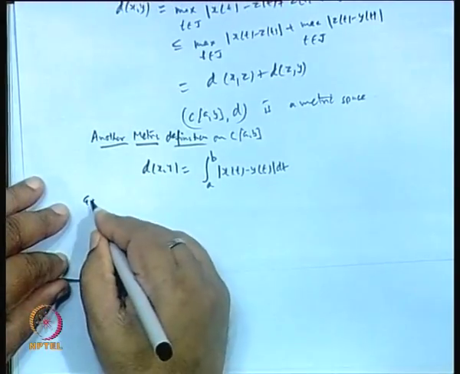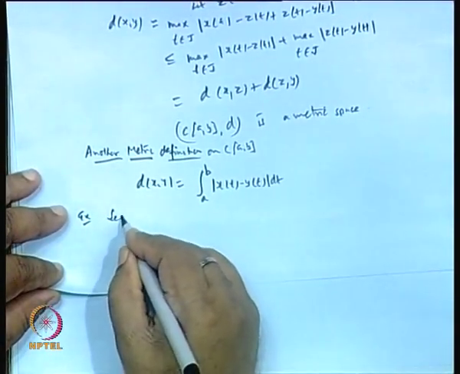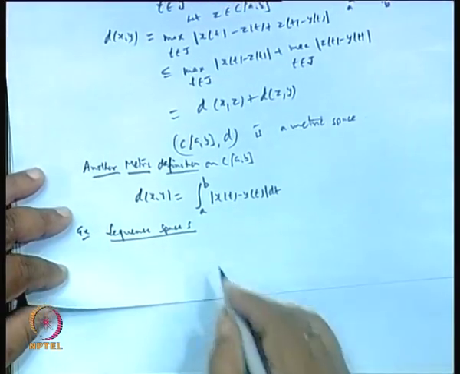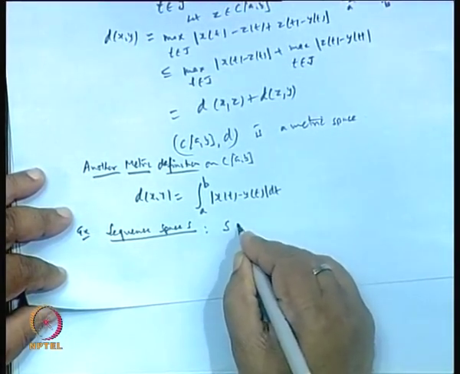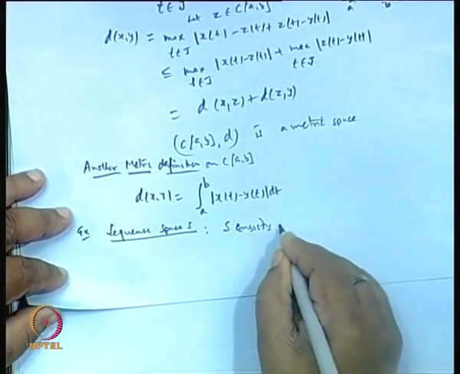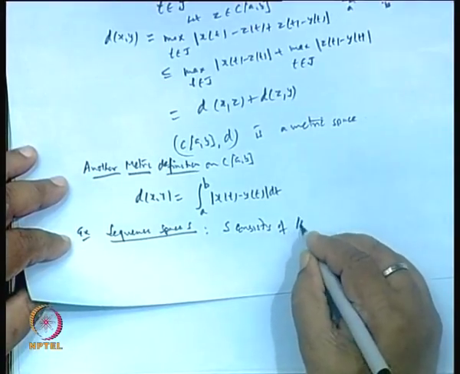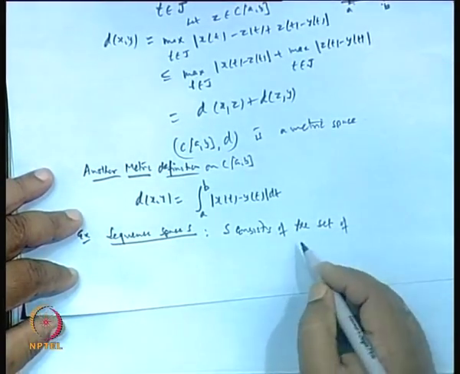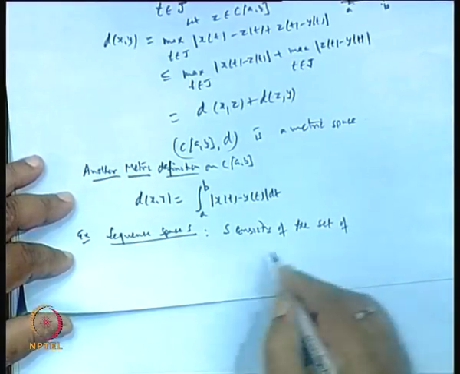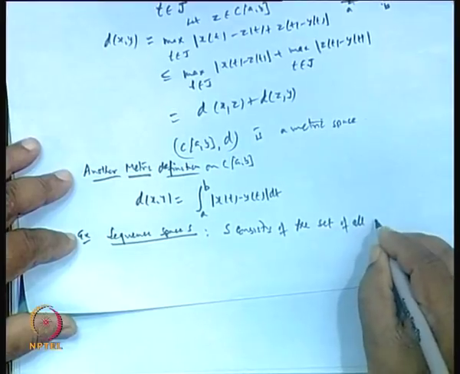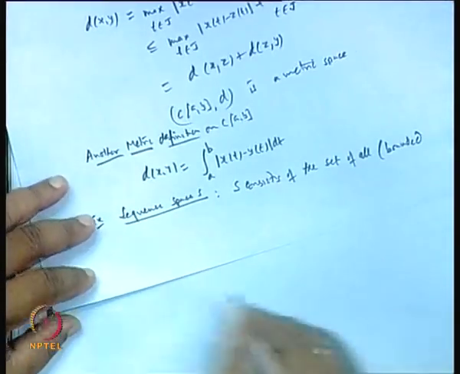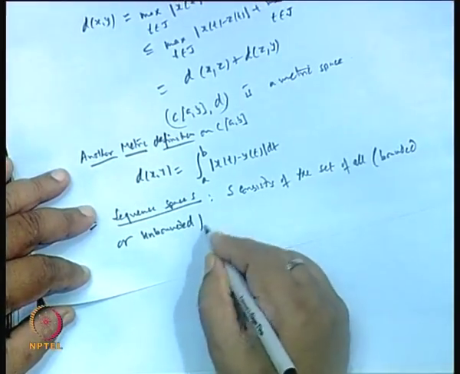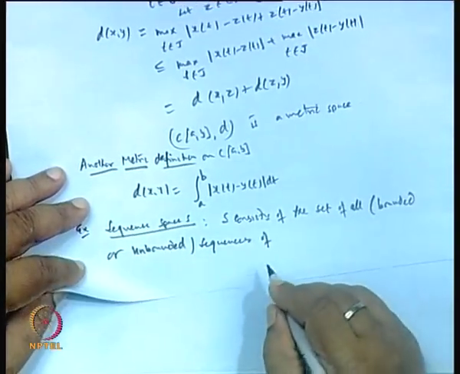Now, another example is on the general sequence space S. Suppose we have the space S, the sequence space S, which consists of the set of all bounded, all unbounded sequences of complex numbers